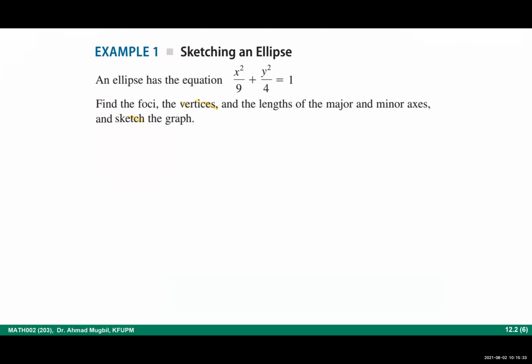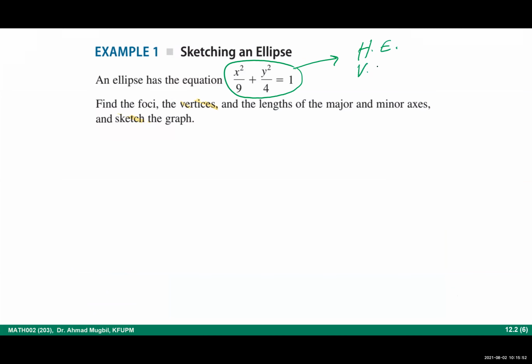Let's take an example. We have here an ellipse given by its equation. Find the foci, the vertices, the lengths of major and minor axes, and sketch the graph. Who can tell me here? Is it